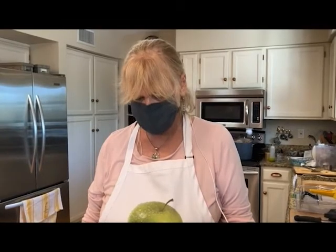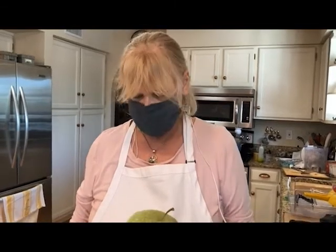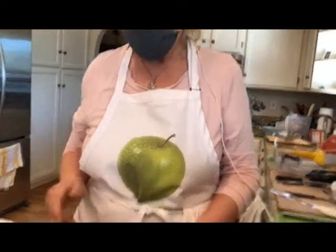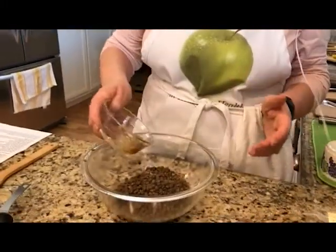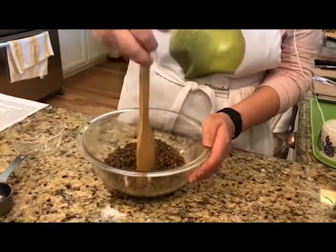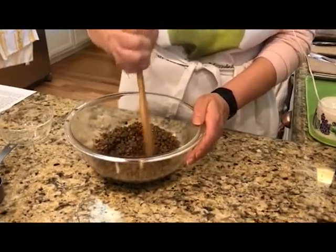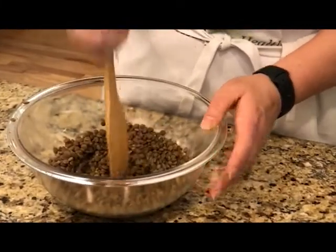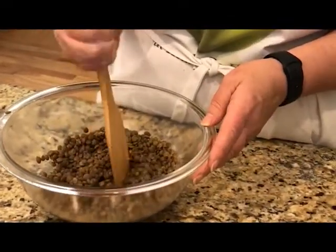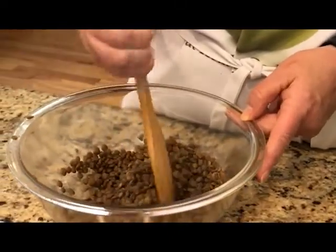Okay, so while our vegetables are still softening on the stove, we're gonna get our lentils ready. So here are our cooked lentils. And then we add, this is some apple cider vinegar. And then we mash them. And so this is going to be the base. We're going to add the vegetables, and then along with the vegetables,